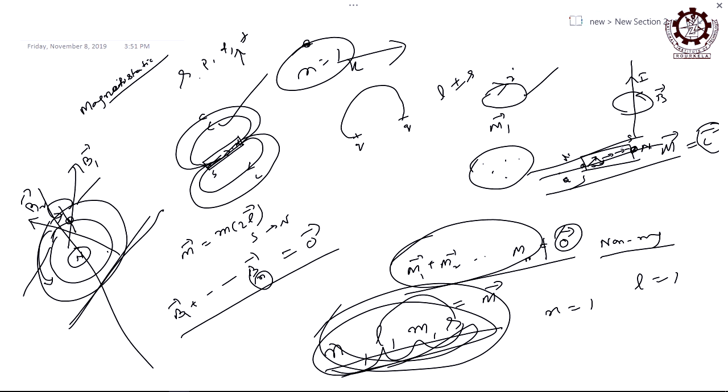That is why magnetic substances are temporary magnets. Only when the field is there, it will behave as a magnet, otherwise it is a magnetic substance, not a magnet. So magnetic substances are temporary magnets. It will be converted to a magnet only with the application of the magnetic field, right?